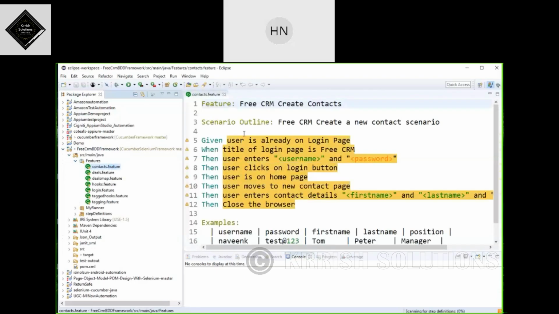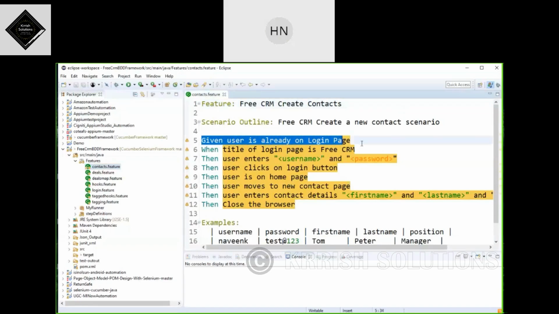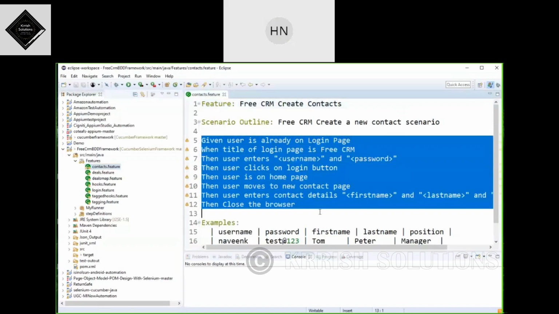A typical feature file looks like this. If you don't know Java or Selenium, no need to bother. The business people can directly understand what our test case is doing here.